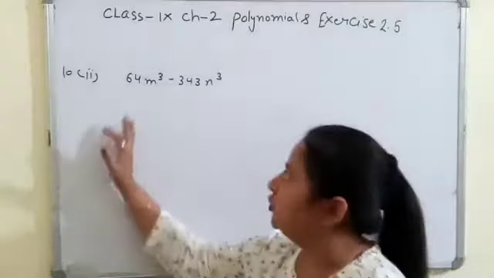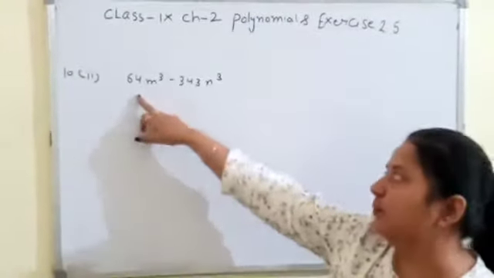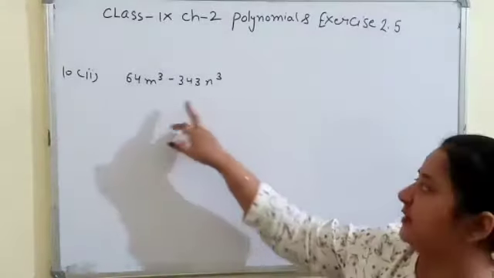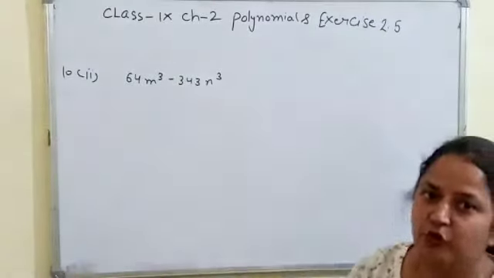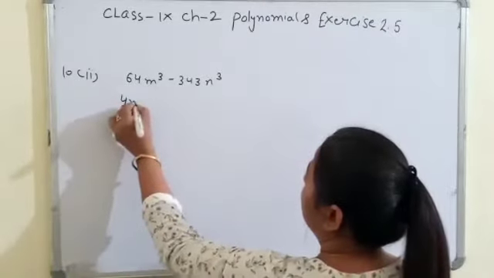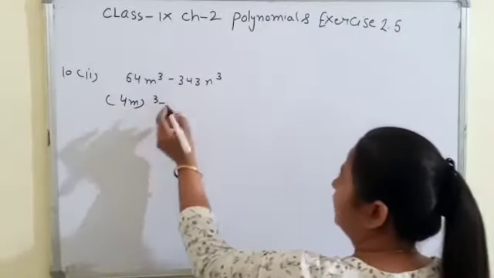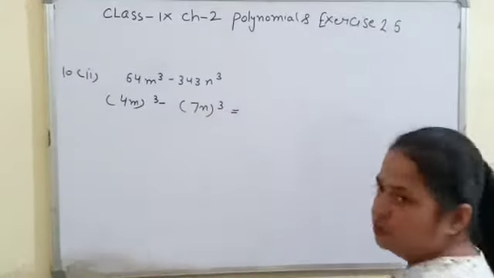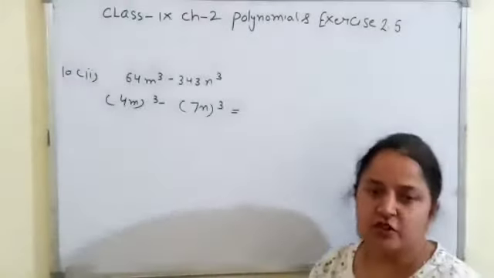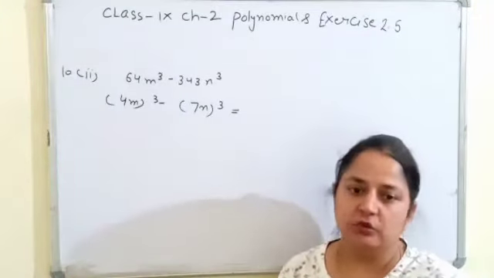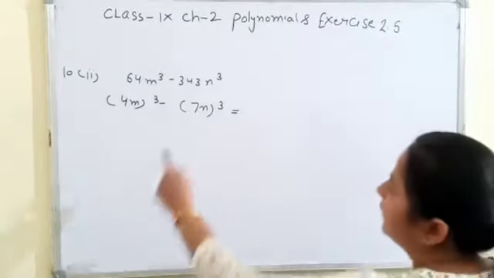Yes, in the second part you can see we will apply x cube minus y cube, because these two terms are the perfect cube of itself and the sign between them is negative. So we will apply x cube minus y cube. 64 is the perfect cube of 4, and 343 is the perfect cube of 7. You should know the perfect squares and perfect cubes up to 27. It's just for your knowledge. If you know it, then you can do the calculation very fast.